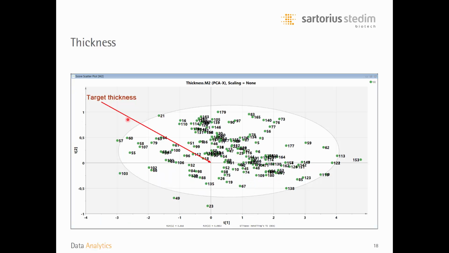On the next slide, we see the resulting plot coming out of the initial PCA model. And because we have now used scaling equal none, it means that if we have any polymer disk at the origin of the score plot, that would be a polymer disk of the ideal thickness. And that means that the closer we are to the origin, the more closely we are fulfilling the target